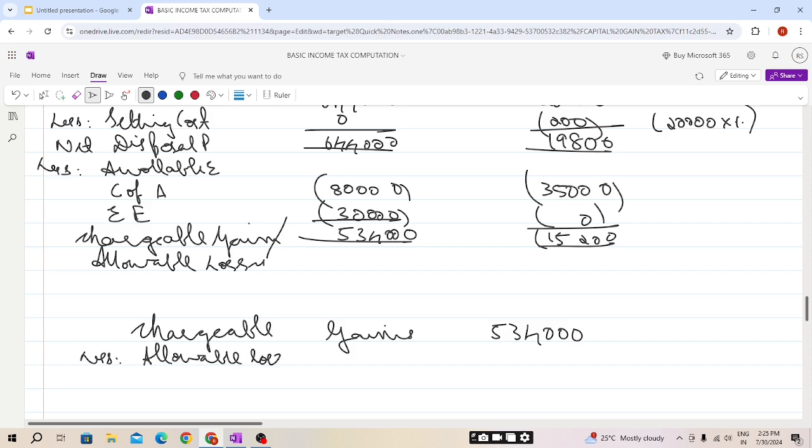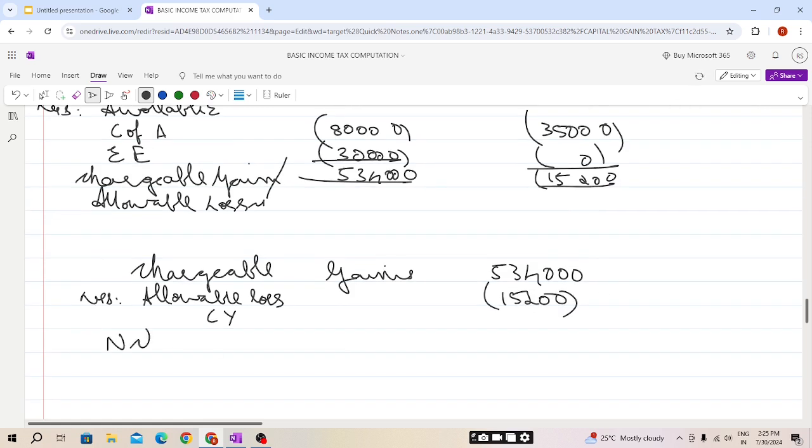Allowable loss of current year, that is 15,200, we need to set off, so that we arrive at our net chargeable gain, students. The net chargeable gains is the second step. We have done the second step. So this is the format we need to follow, students. After this, net chargeable gains will be, students,